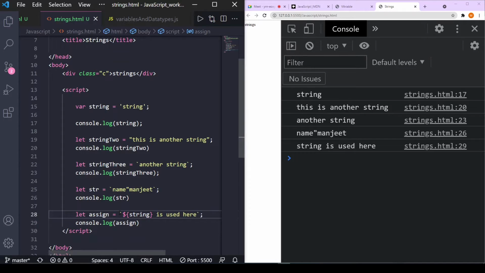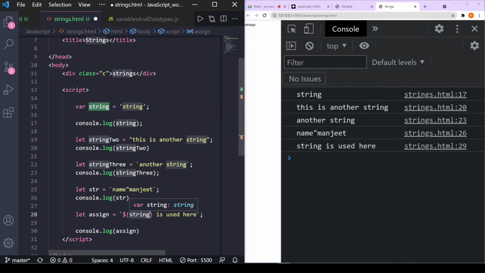And I cannot use single or double quotes here. If I use single or double quotes, the whole part will be considered a string, and it will not be treated as a variable. There are times when we are calling an API and have to use some parameter. In the case of these parameters, we use backticks and the dollar sign, and inside the dollar sign we use our string that is predefined or assigned earlier. That's how we use this.